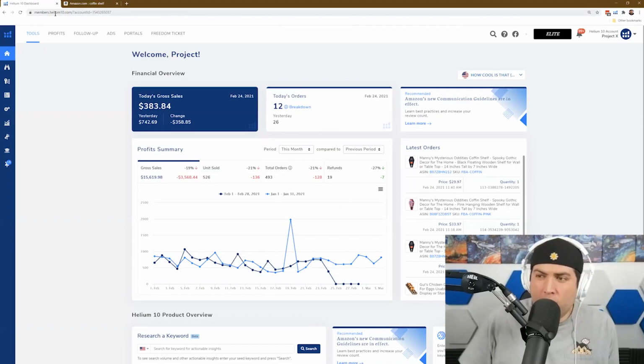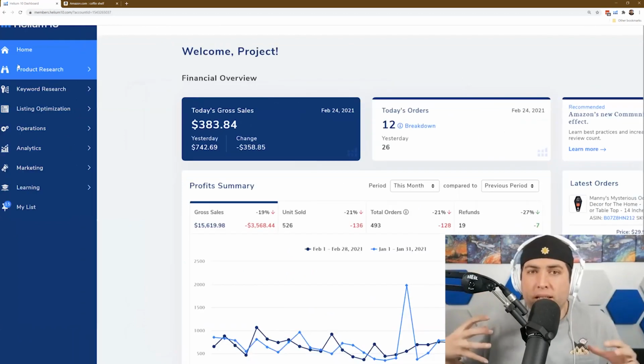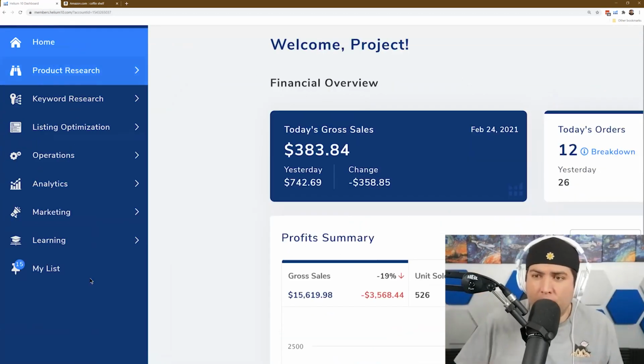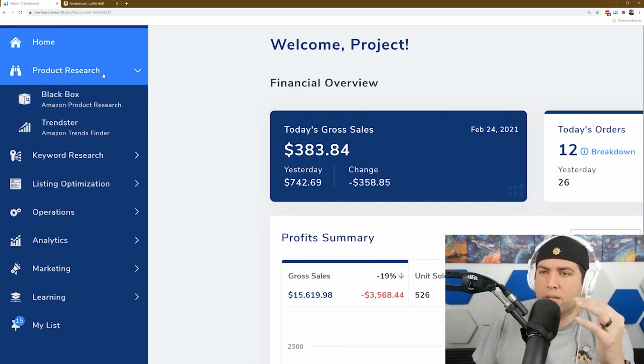But now coming to the tools, now we have almost 30 different tools and different functions. So I'll just briefly go over them. We kind of structure our tools now in different buckets since we had so many. It would be too much to put all the tools here. So the first set we have is product research.